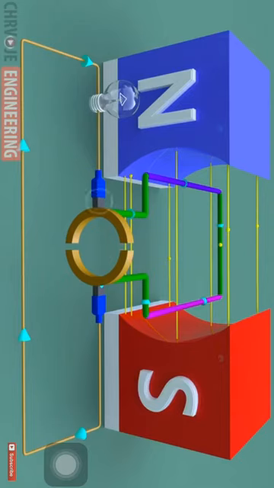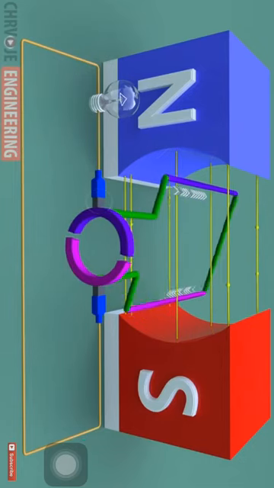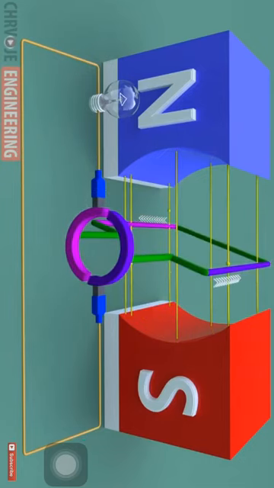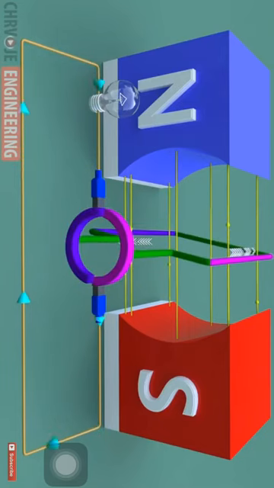So right now this brush is in contact with this half part of the split ring, violet color. When the coil rotates and comes to this position, the direction of the current changes, and this brush now is in contact with the other half part of the split ring, pink color. This arrangement provides that current flows in the same direction. Again, as the coil comes to this position, finishing another half a rotation, you can see that this brush has again changed contact. Brush is in contact again with the violet color half part of the split ring.